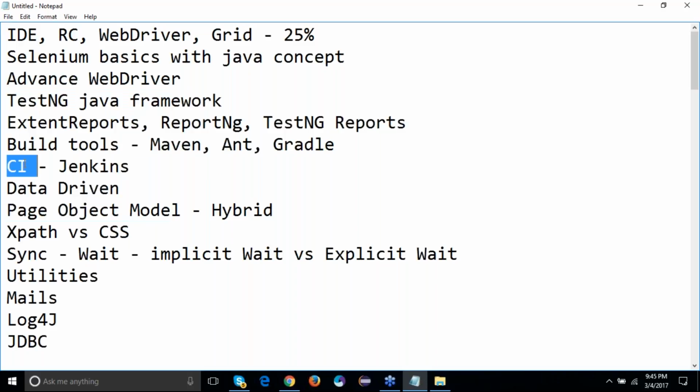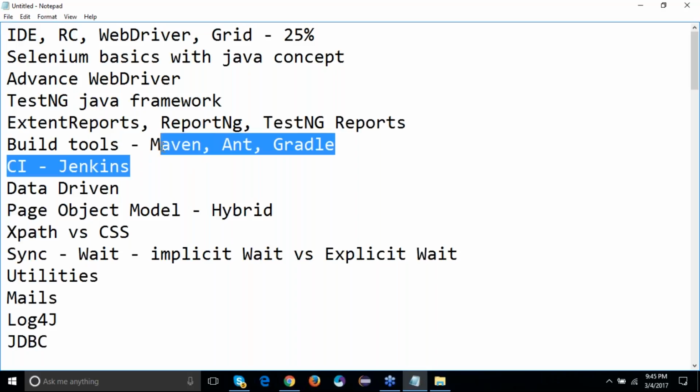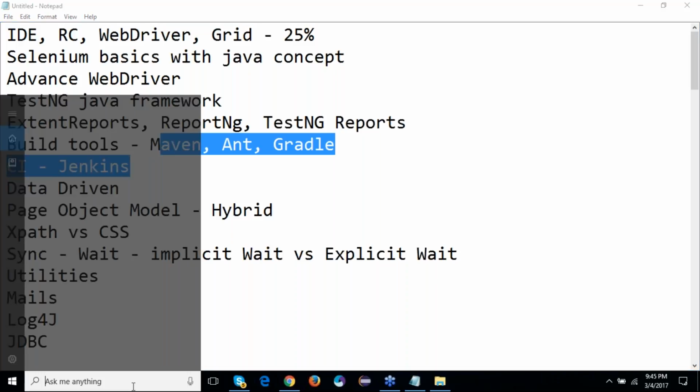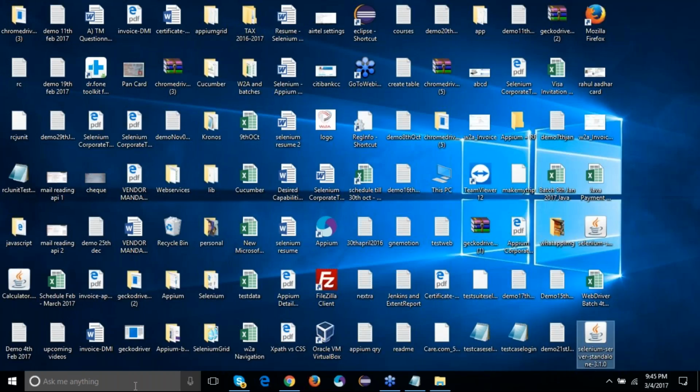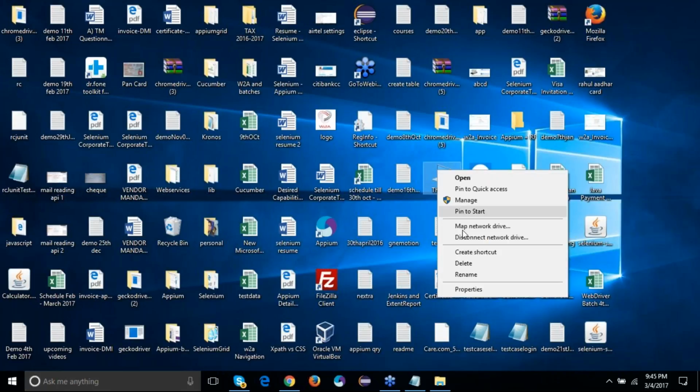But when you work on Jenkins, when you work on Maven and other things, the prerequisite for all these things is that you need to have Java globally configured on your machine so that any program can easily access Java. So in order to globally configure Java, we set up some environment variables. Now these environment variables can be set by going to your computer, right clicking on it, and then going to